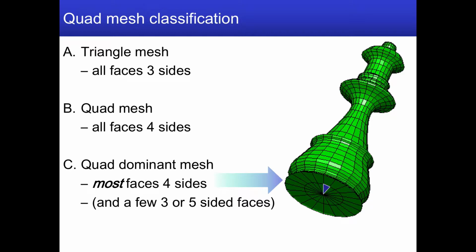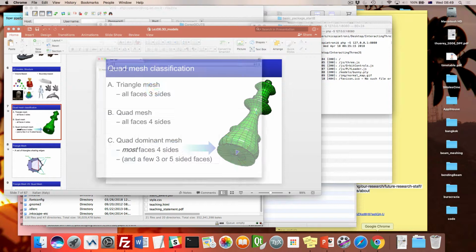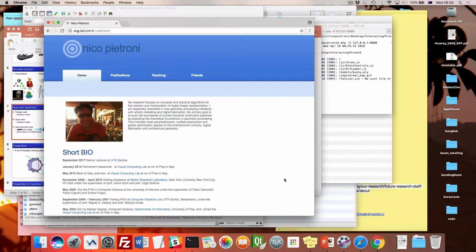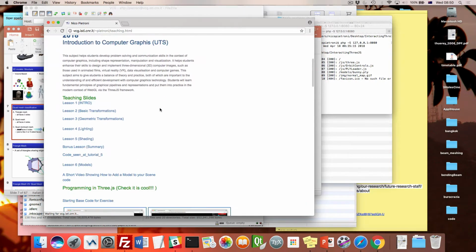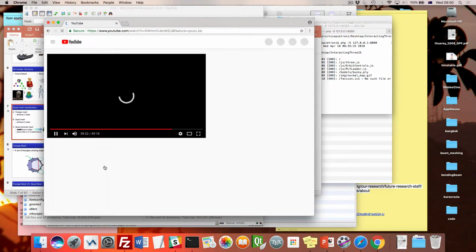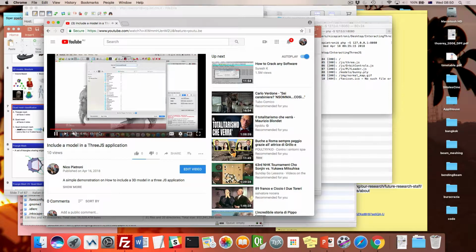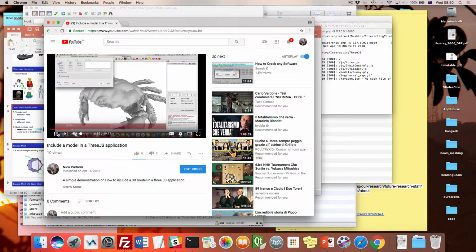Again, what I have to say for the people that weren't here at the beginning of the lecture: if you go to my website, under teaching, I did a video about how to include the model in the scene, with me narrating everything. It's a bit long, but it also includes how you download the model from TurboSquid, how you can reduce the number of faces, how you save it, and finally how you include it in your